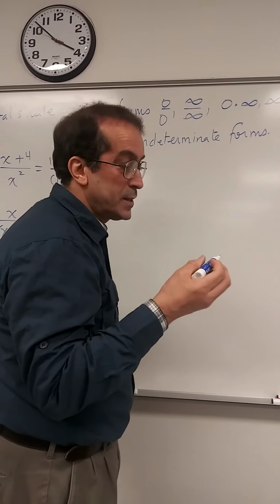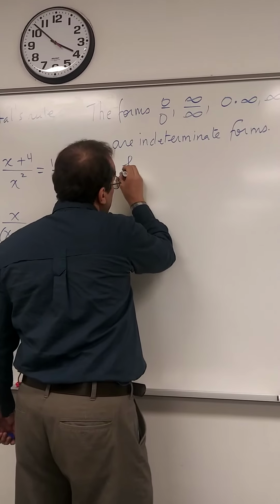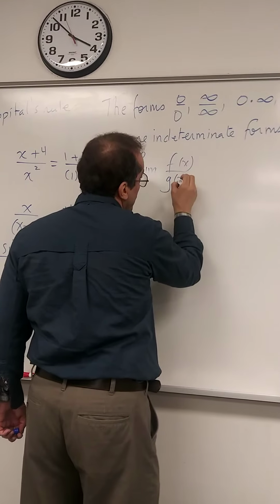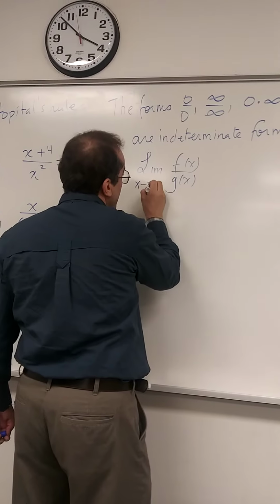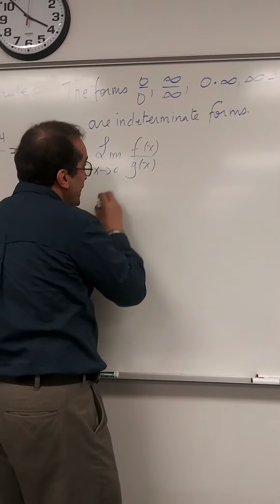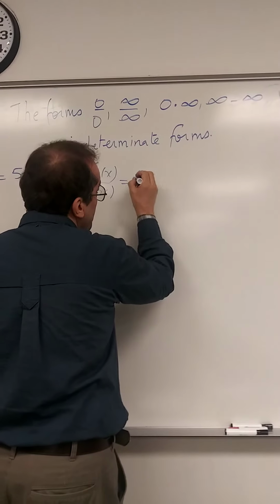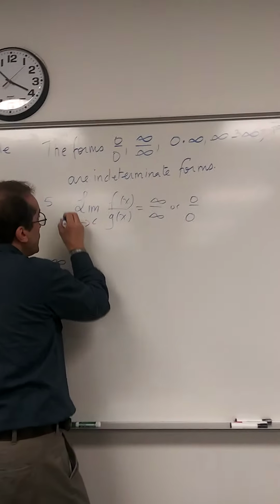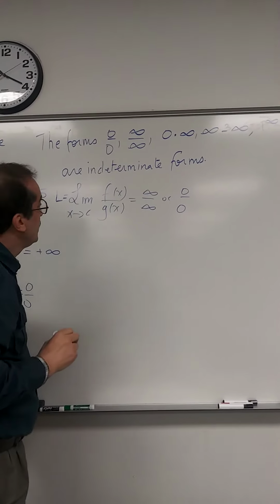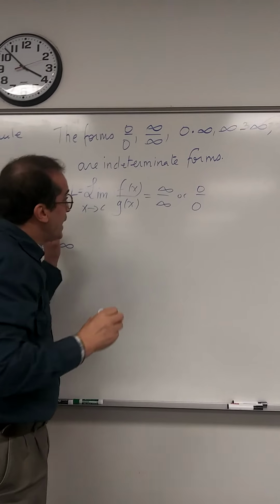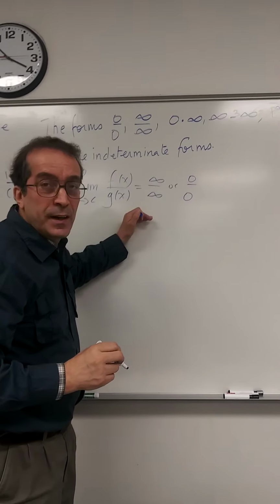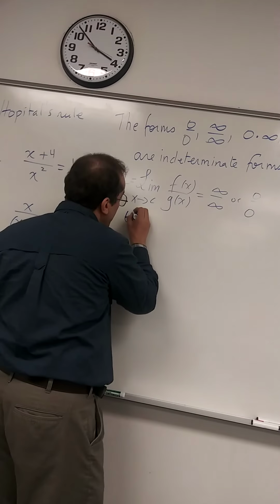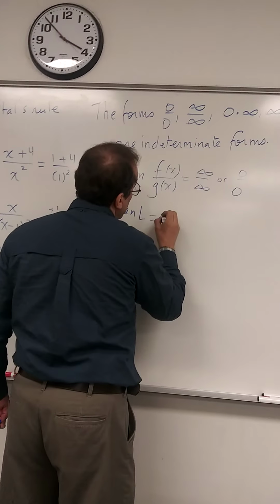This is what L'Hopital's rule states. Consider the limit of f of x over g of x as x tends to any number or to infinity. Let's call this limit L. If this limit L ends up being infinity over infinity or 0 over 0, we can determine it by doing this. Then L is the limit